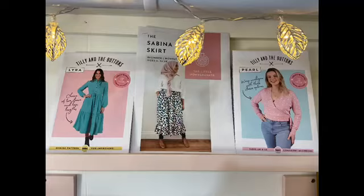So the other fabrics that I've got to show you, I ordered because, I'm going to drop a picture in now of my little plan shelf, inspiration shelf, whatever you want to call it, because when I ordered the Pearl cardigan, I also ordered the Lyra dress from Tilly and the Buttons. I've sat on the fence with it for a long time because I'm not a shirt person. I think I've mentioned this before. I find when I buy ready-to-wear blouses over the years, and I'm talking like 30 odd years here, that I've tried them on, I just end up with the feeling like the gaping across my bust. But I really like the look of this dress, and I've seen so many people doing different versions of it that I thought, do you know what, I'm just going to get it and I'm going to have a go at it. So I ordered these two fabrics again from Rainbow Fabrics Kilburn,